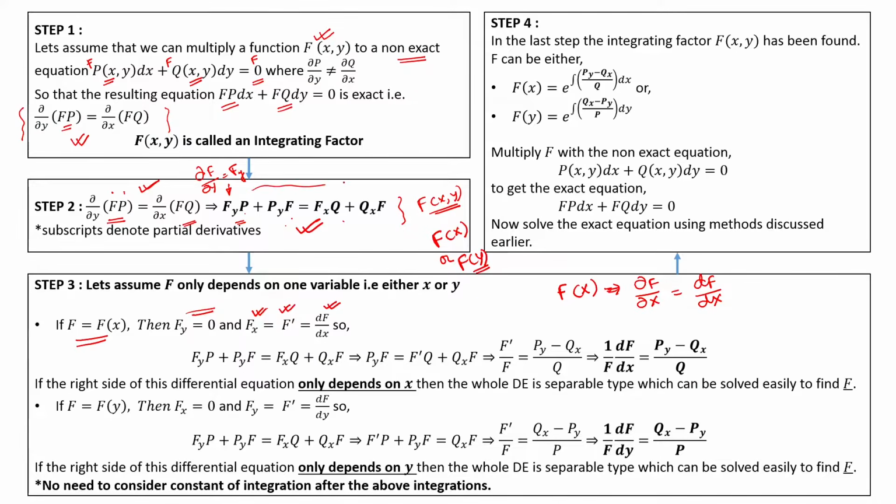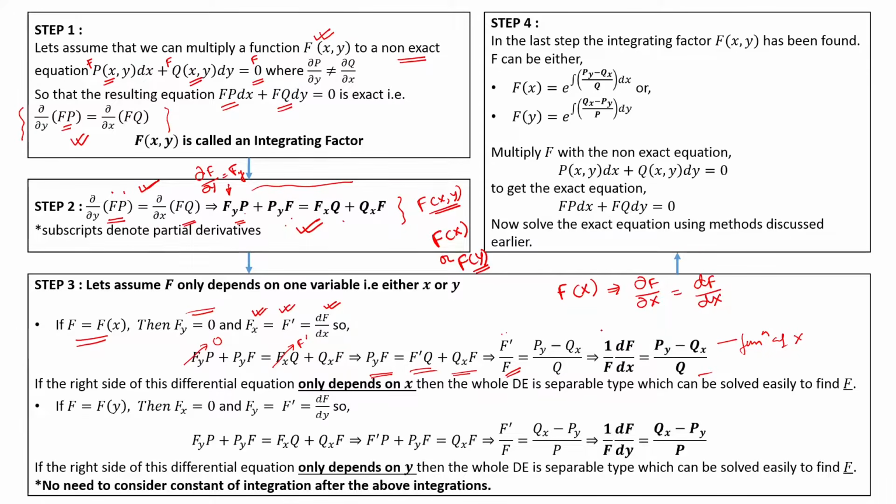So, in this equation we can now write: the first term f_y becomes 0 and this term f_x becomes f dash, and this can be written as P_y f equal to f dash Q plus Q_x f. By rearranging this equation we can write f dash by f equal to (P_y minus Q_x) by Q. We have taken all the f terms to the left side. This f dash equal to df by dx, so this can be written as 1 by f df by dx equal to (P_y minus Q_x) by Q. Now, if this right hand side is a function of x,